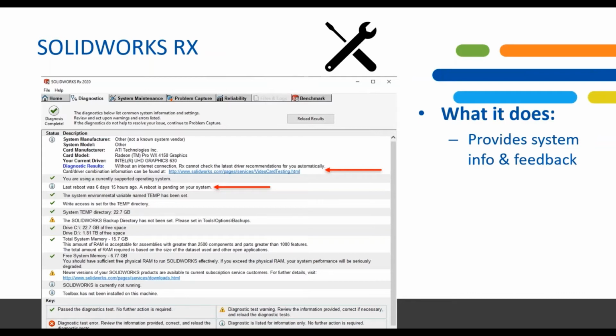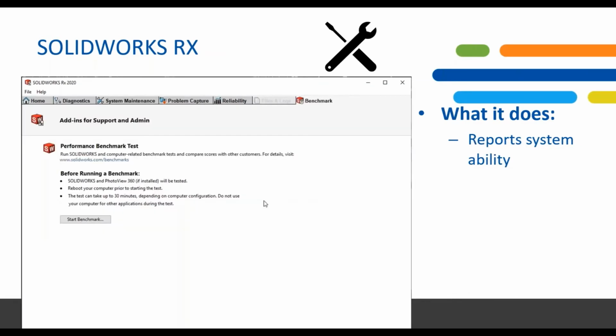The manufacturer's website is obviously the next best place. And then the reboot: sometimes, if you're having some issues, coming in here and looking to see when the last time you rebooted was tends to help paint a much better picture as to what's going on inside the system. And then the last tab that I feel is really relevant for self-diagnostic